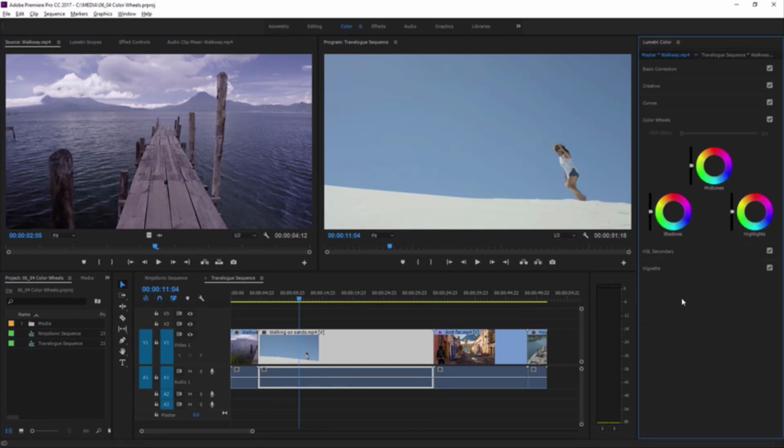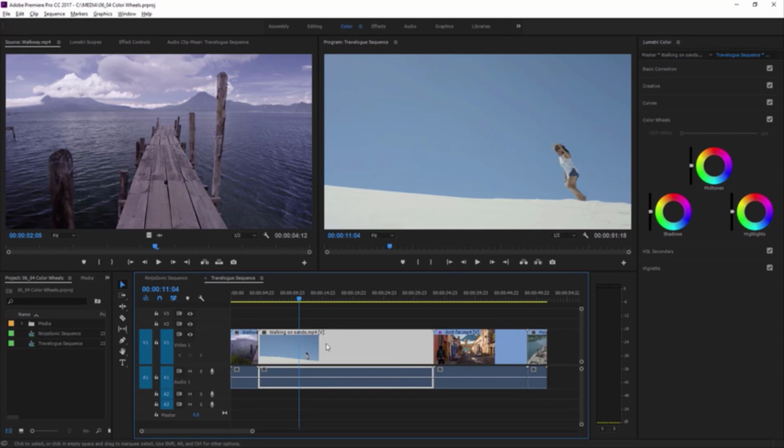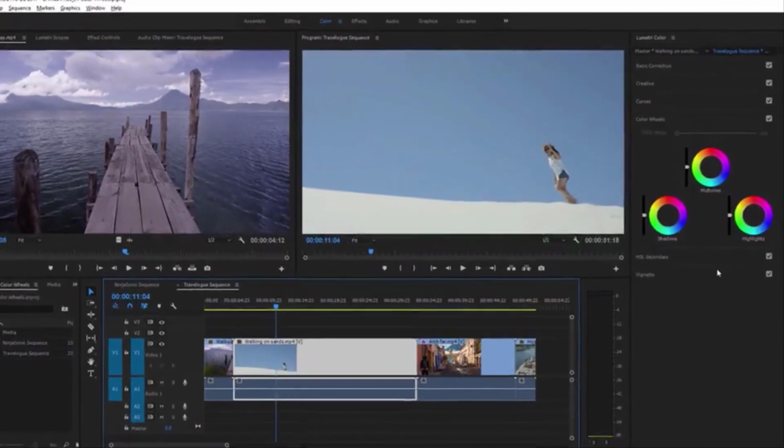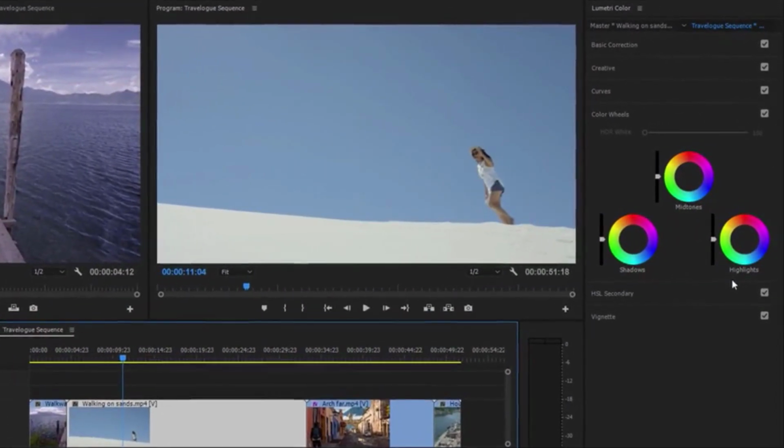the Color Wheels section. I'm looking at the travelogue sequence in this project, and I'm going to single-click in the Timeline panel on this Walking on Sands clip to make sure it's selected. In the Lumetri Color panel, I have 3 separate color wheels. One for the shadows, that's the dark pixels, one for the midtones, and one for the highlights, that's the bright pixels in the image. The blue sky in this clip is around about the midtones, so as I hover the